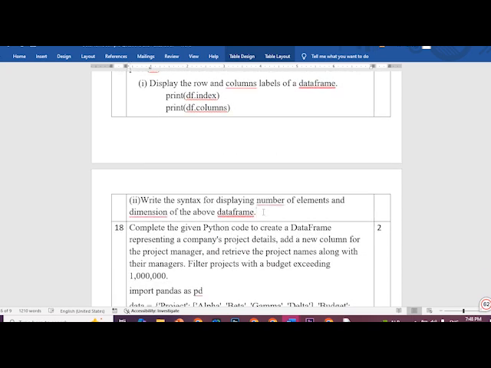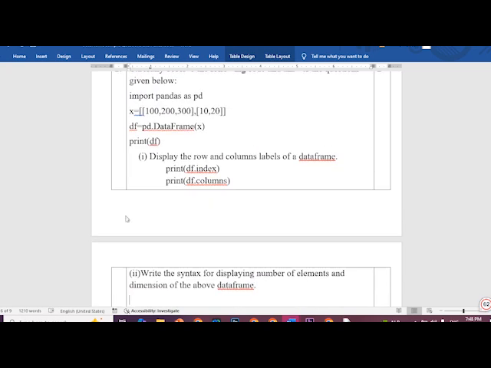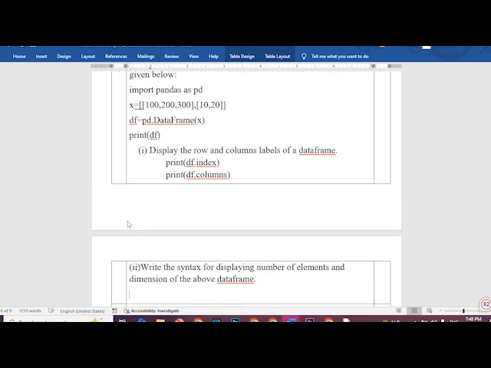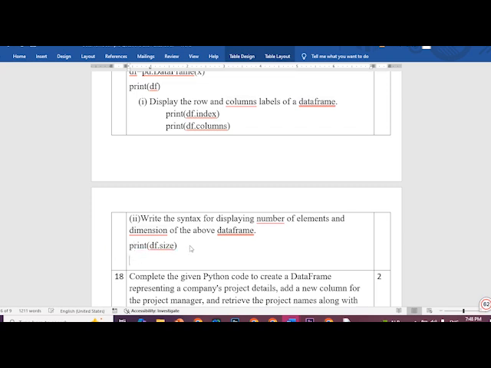Now here write the syntax for displaying number of elements and dimension of the above data frame. How to print the total number of elements in the data frame? We have the attribute size. So print df dot size. To display the total number of elements, we can write print df dot size. Size attribute is used. Next is dimension. We use the attribute ndim. Df dot ndim to display the dimension. Always the value will be